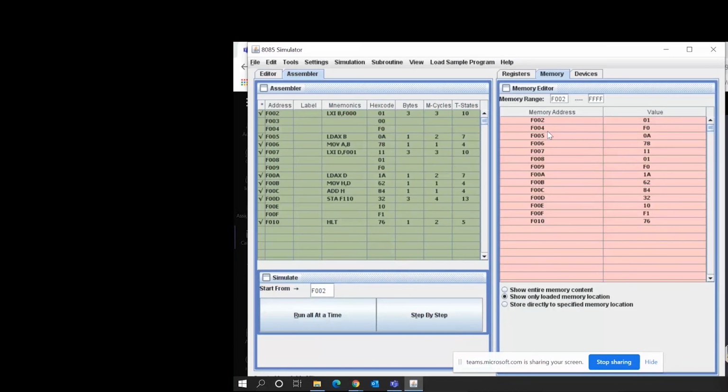Click on the down radio button just to check if what we entered is already there. Okay, so this memory range is the same. How do you do this? Can you go to the editor now?